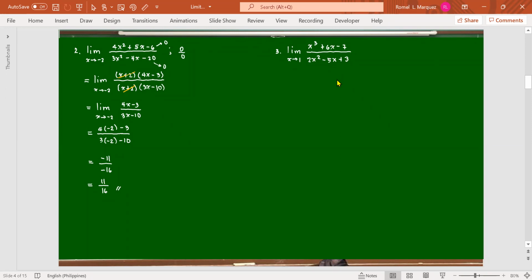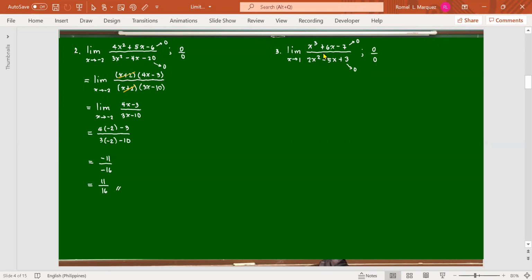So what about this, guys? Okay, so let's do mentally the limit of the denominator and the limit of the numerator. For the limit of the denominator, applying substitution technique, 2 times 1 squared minus 5 times 1 plus 3. So the limit is equal to 0. What about the limit of the numerator? 1 plus 6 minus 7. Huh? It is also 0. So it means this limit takes the indeterminate form 0 over 0. If that is the case, we have to express